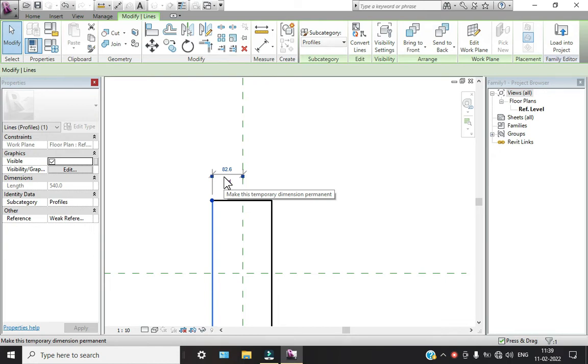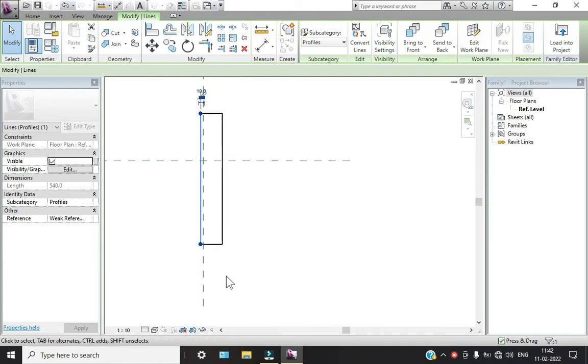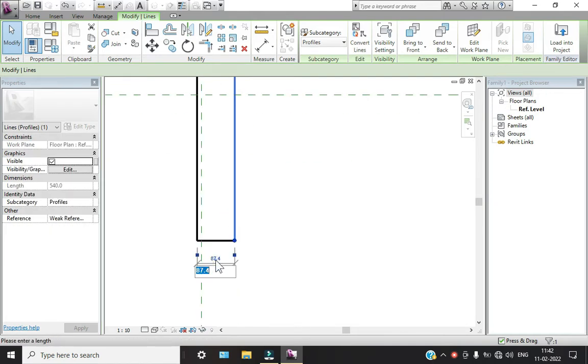Here we have to make this as the center line. So it has to be 10 millimeters and the total will be 20 millimeters, right? So if we select this,